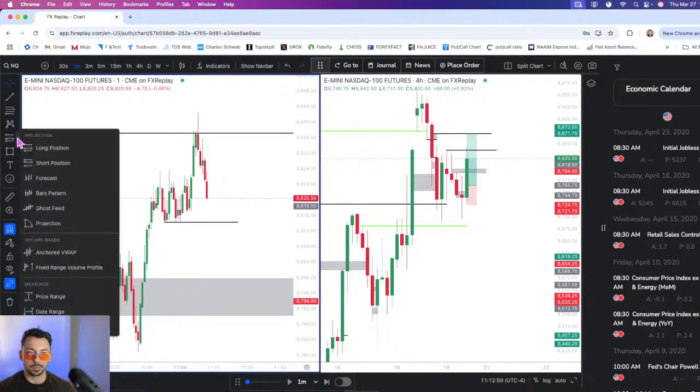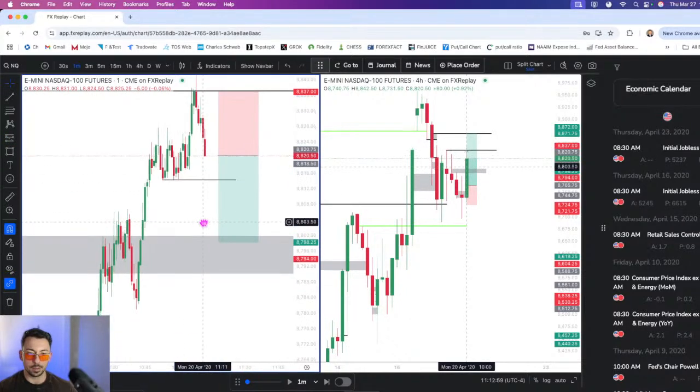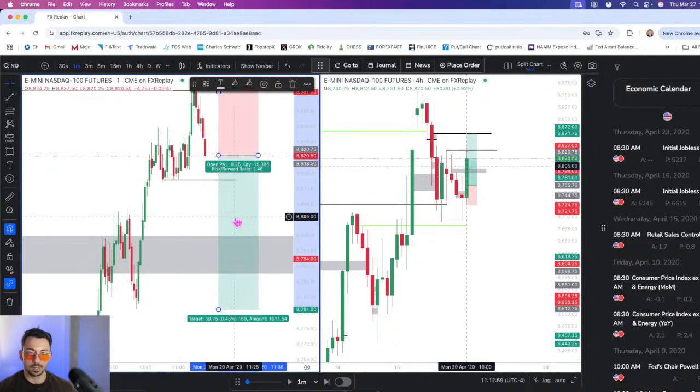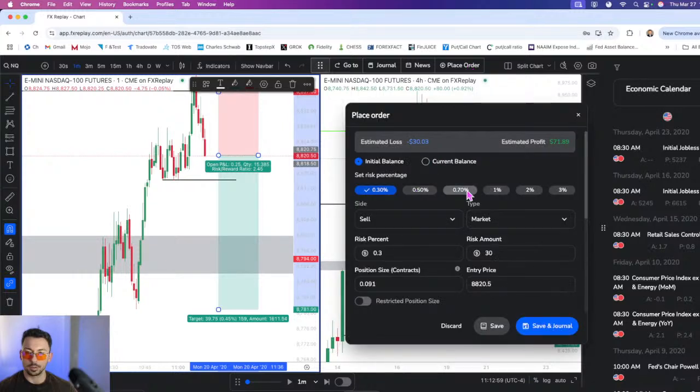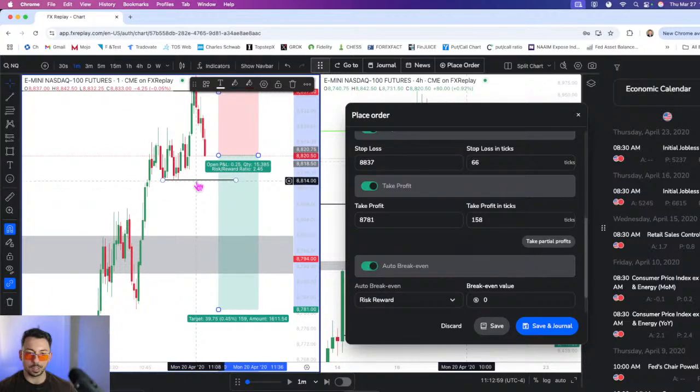Okay, I'm going short here, guys. I think this will be the last trade. See if we can end on a dub. And I will target... I'll take a partial here, and then I'll full TP at this low. So let's go ahead and place the order. Do one more full-size position. And then the auto break even will be here at 8814.